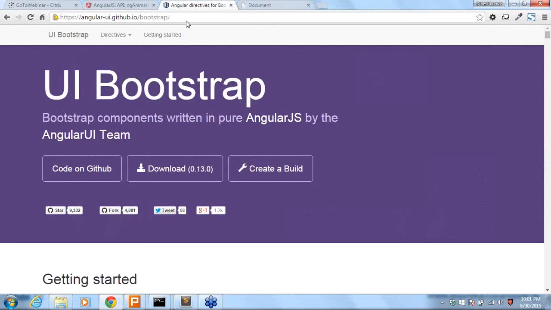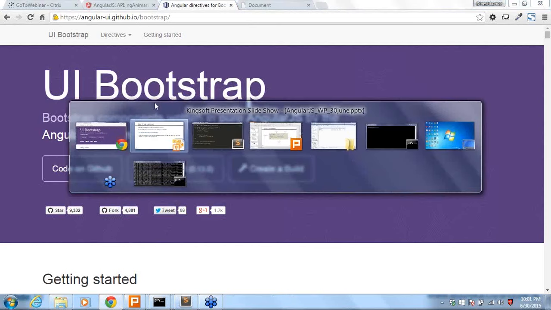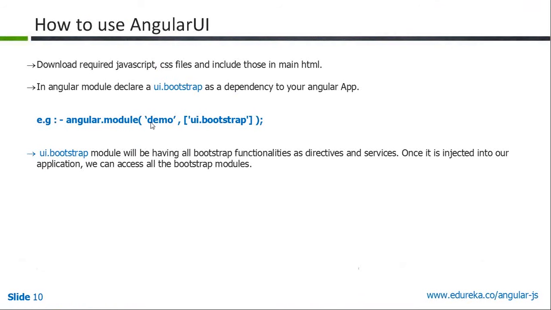This is the link for Angular UI Bootstrap. Go over here. From here you can download all the required JavaScript and CSS files. This Bootstrap mostly uses the normal Bootstrap CSS only. So with this you can download the CSS, or you can download it from our normal Bootstrap CSS also. Anything is possible. You will be downloading all the required JS and Bootstrap files.